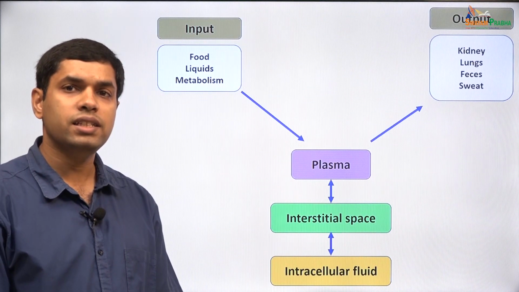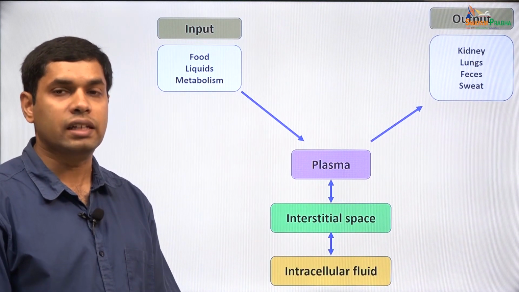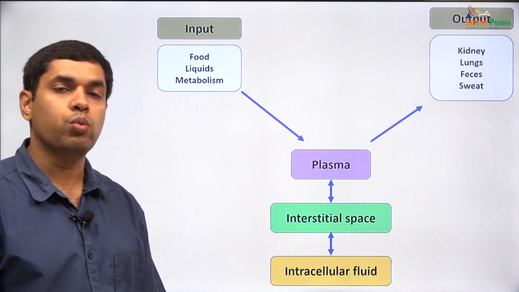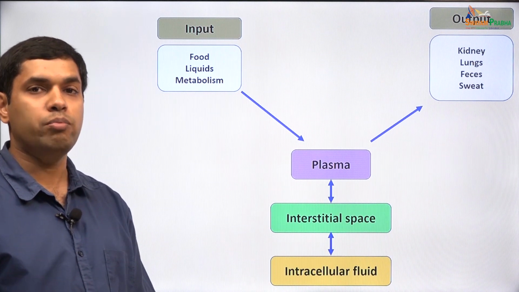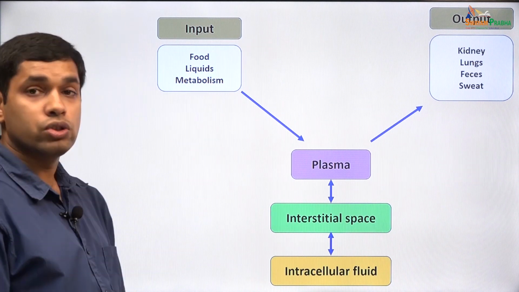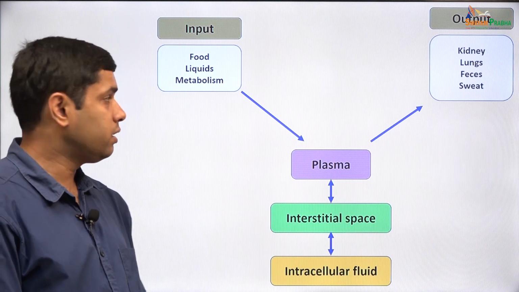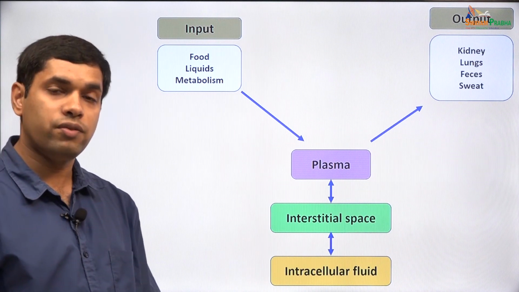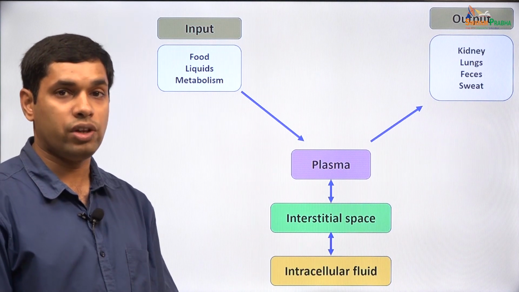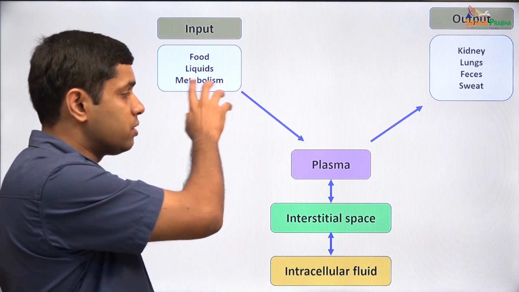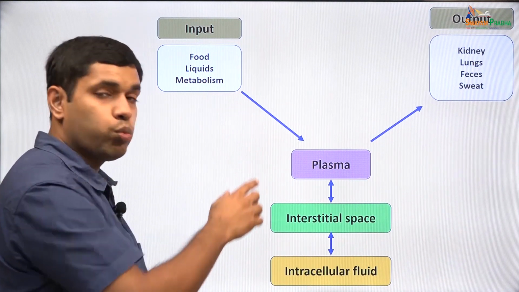Our body maintains a balance of water intake and water output. So, if we look at the different ways in which we are able to take water into the body, primarily we take water in the form of fluids and also through the various foods that we take in. A certain amount of water is also produced due to the different metabolic activities within the body. So, these are the ways in which we get water into the system,